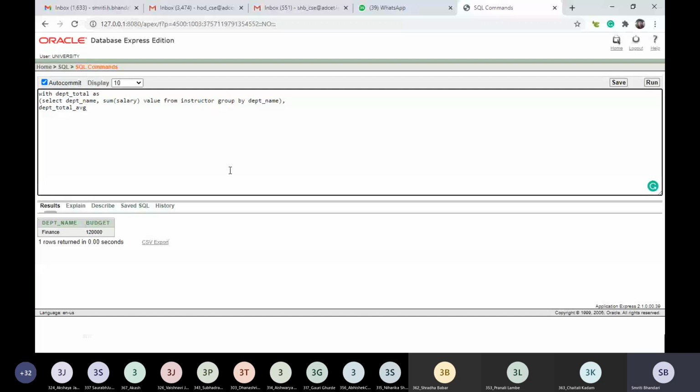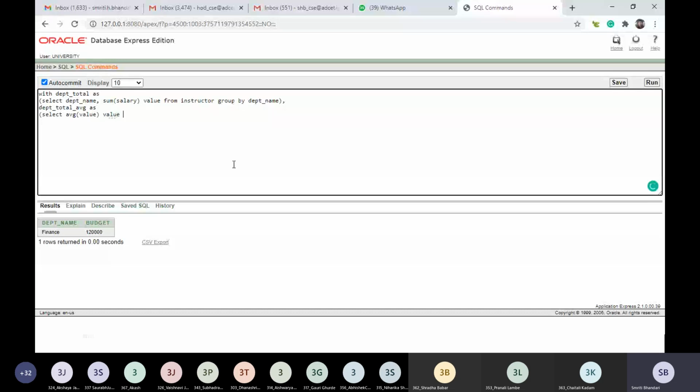Next, we want to have one more relation, department total AVG, that is the name of the relation, as: select average of value. This value is the attribute from the relation that we have already created earlier.